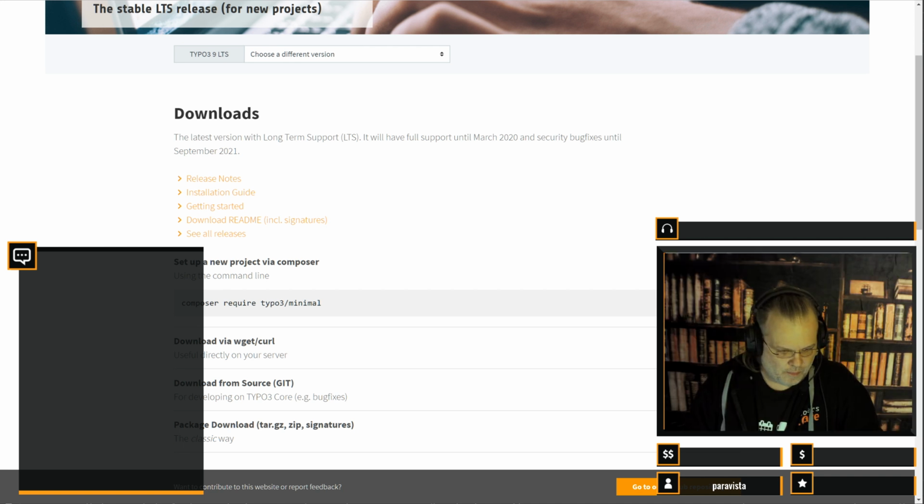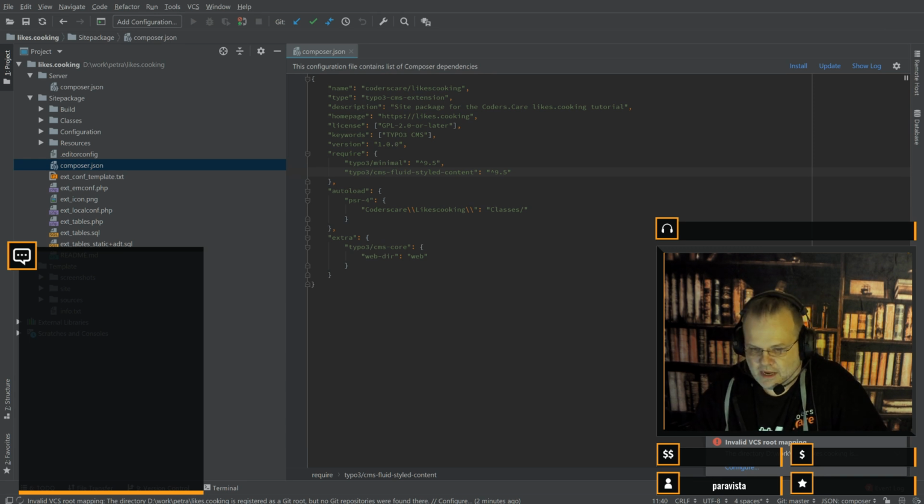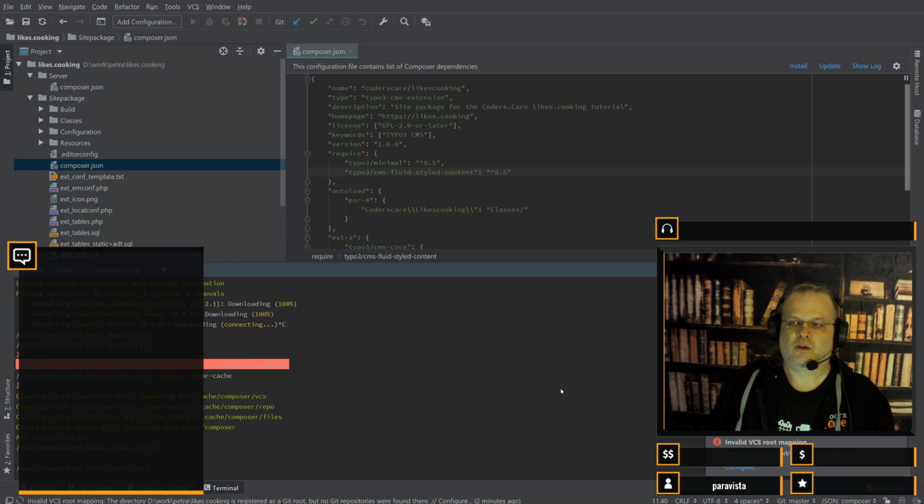So when we go back to the PHP Storm window now, you can see we have this as the composer JSON of our site package, and the site package just tells us, okay, we want the minimal typo3 and fluid styled content. Now, instead of going to the server and telling it, okay, I want to require typo3, we could now do